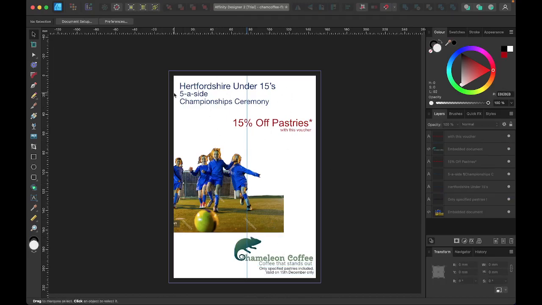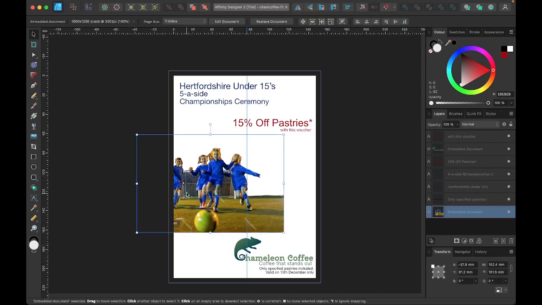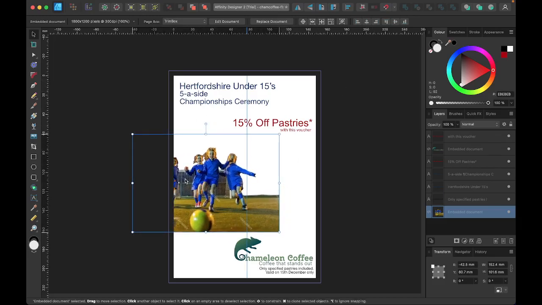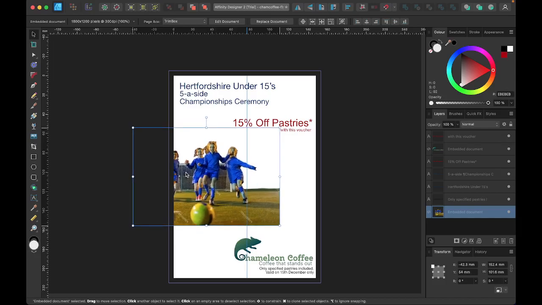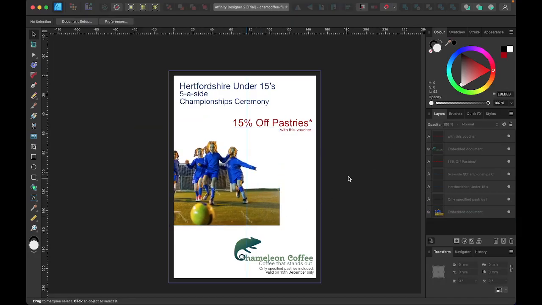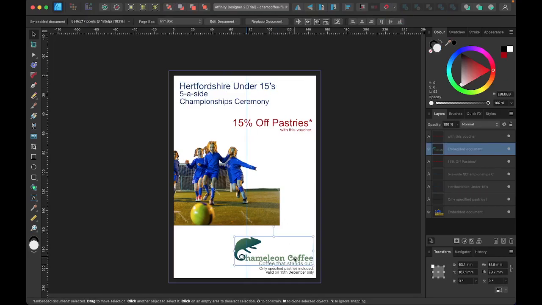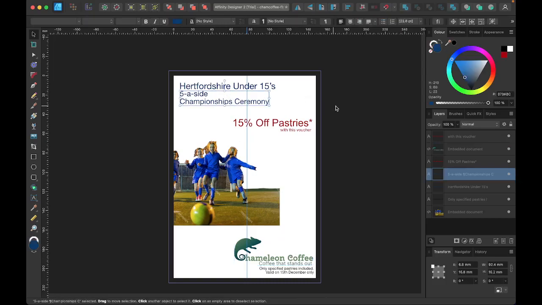Is that the way? Is that to go like that? Yes, something like that. Right, and have I got enough of this bleed? I think I probably have. Let's just make sure it's like that and move it up a little bit so we've got a bit of room there. Right, okay. Now the other thing is I haven't used the typeface here that I used, and I can't actually remember what it was. So it might be good to